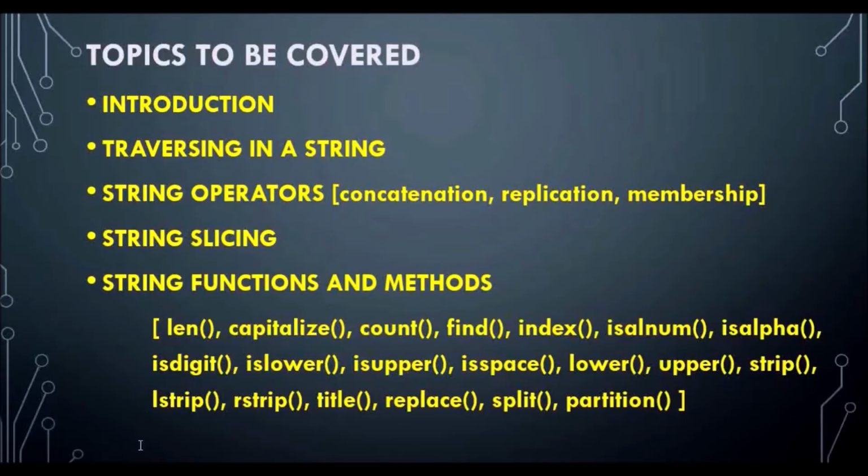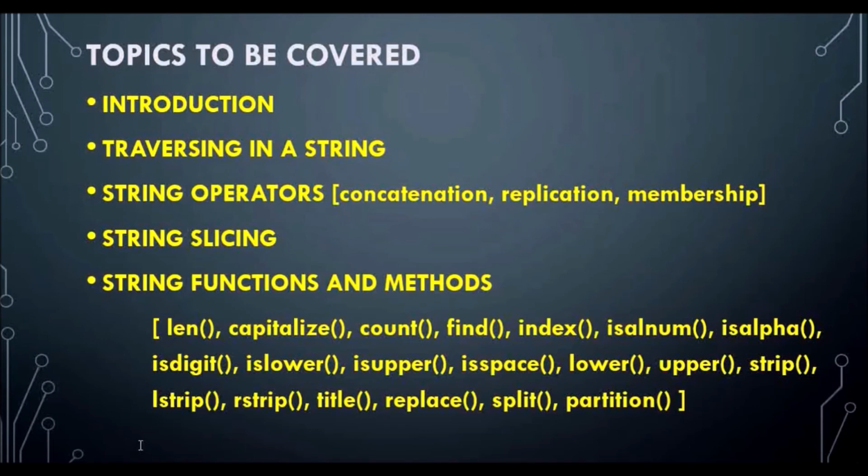The next in the list is strip, lstrip and rstrip. Now strip returns a copy of the string with leading and trailing white spaces removed. That is, the white spaces from the left side as well as the right side are removed. And lstrip returns a copy of the string with leading white spaces removed from the left side. And rstrip will return a copy of the string. Why are we saying a copy of the string? Because the original string is not modified. String is immutable. So it returns a copy of the string. The original string will be untouched. It will not be modified.